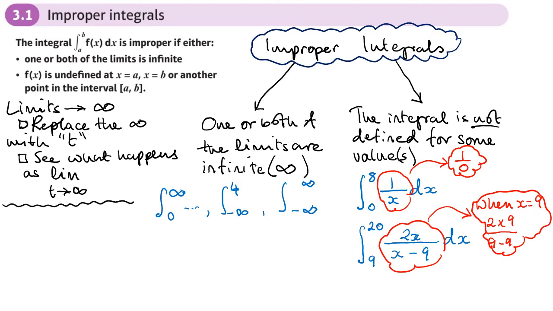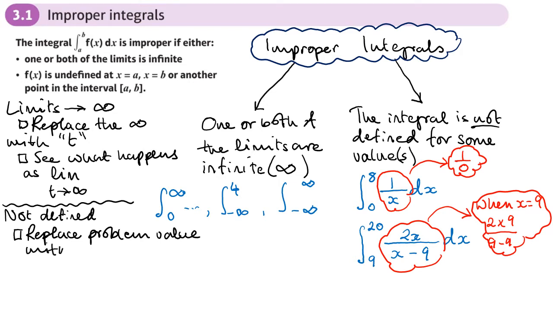If it's to do with a function that's not defined at some point, then what we do is we replace the problem value with t. So that's normally the limit that we're going to change. Well, it's always going to be the limit. So for example here, I would replace the 0 with t, because that's the problem limit there, because that's not defined. Here I would replace this limit here with t, and what we do is we see what happens